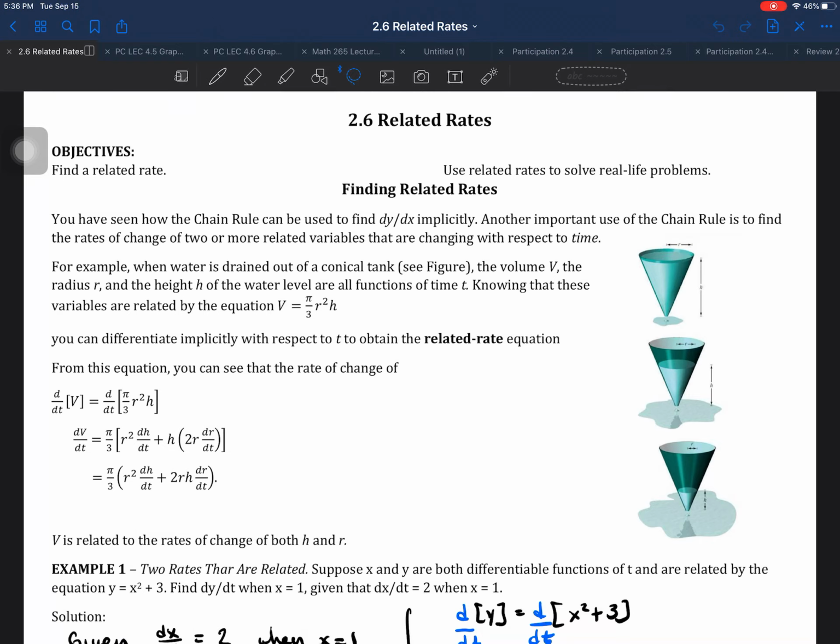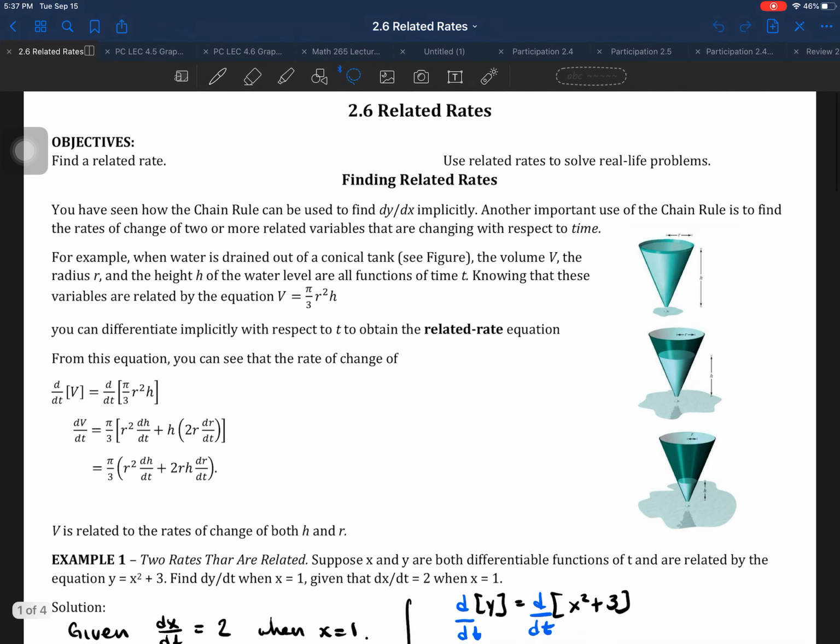And then usually the last part of the problem kind of gives you a question. It tells you the question of the problem. So identify what the unknowns of the problem are and what's given to you. And then from there, the next part is to find an equation that relates the unknowns with what's given to you. And then create an equation, make a picture, and then use derivatives